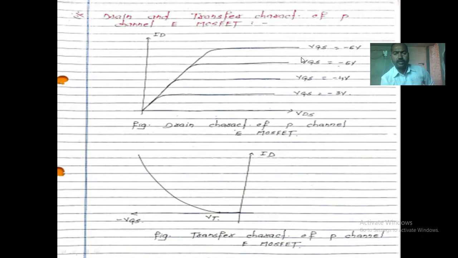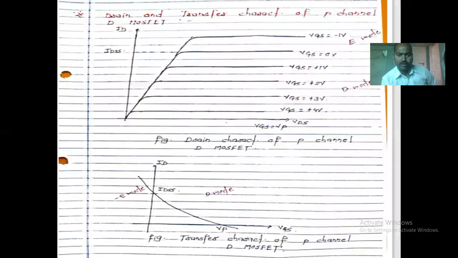So in that case, as we increase the more and more negative voltage, more and more electrons and holes come towards the middle area in between the two P layers. Due to that, a large amount of current flows because of the formation of the channel in between the two P layers. I'm telling you, in between the two P, not N, because this is a P channel, right? See the diagram.